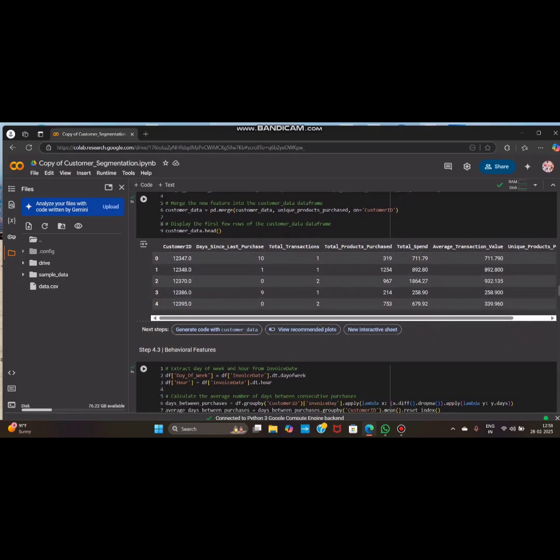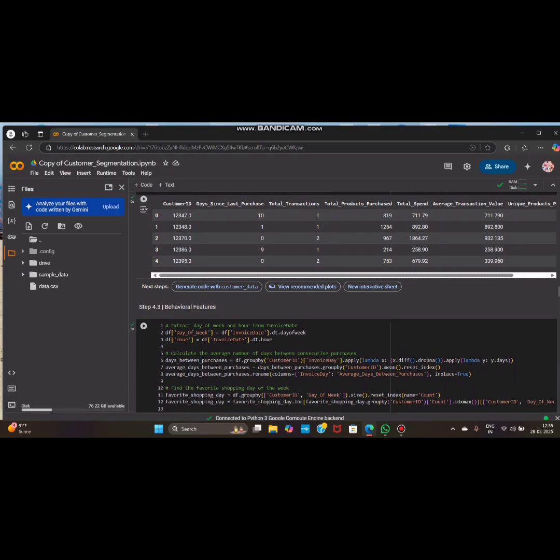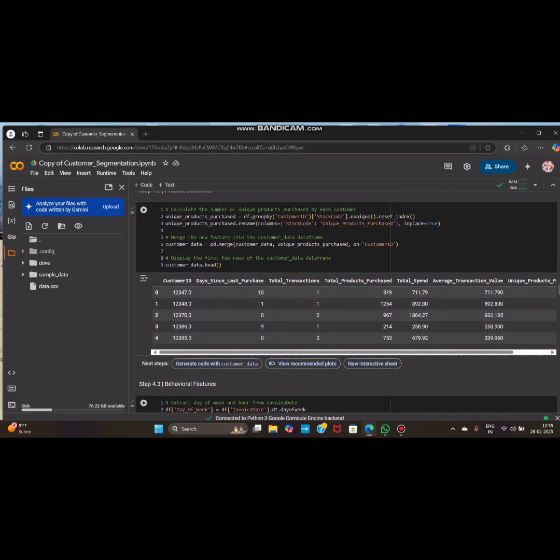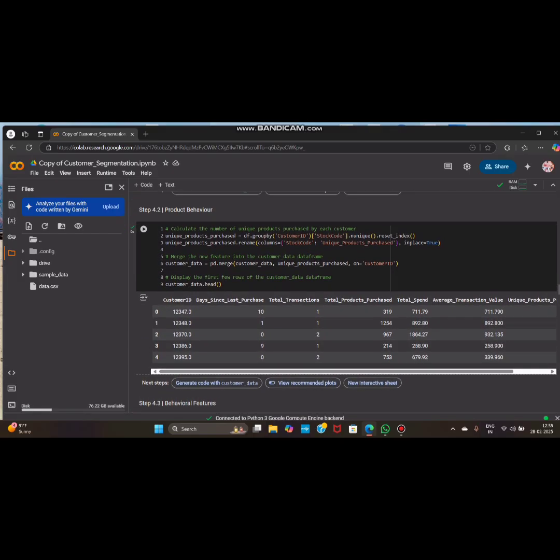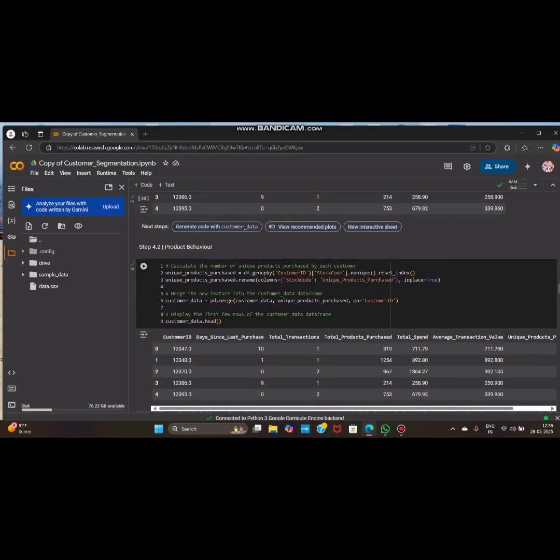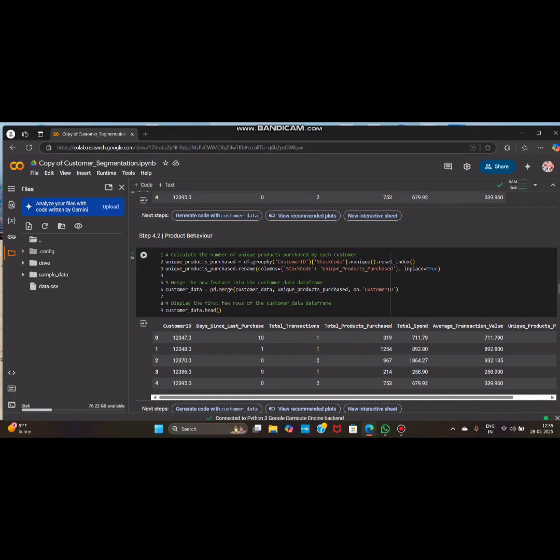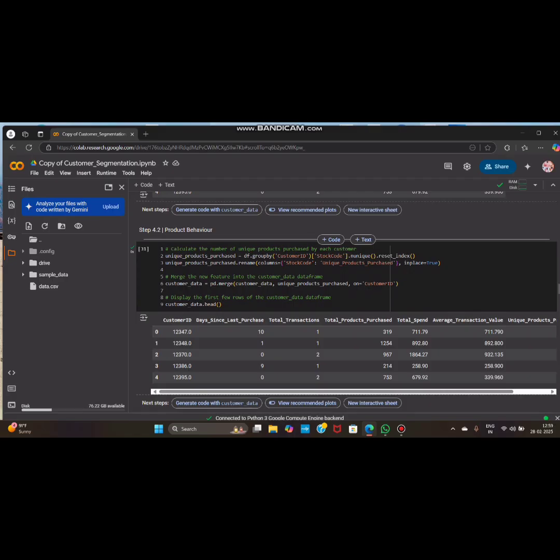Going to product diversity and product behavior. In this step we are going to understand the diversity in the product purchasing behavior of a customer. Understanding the product diversity can help in crafting personalized marketing strategies and product recommendations. Here I am going to define the following features: unique products purchased,